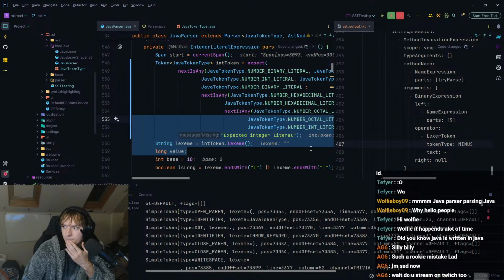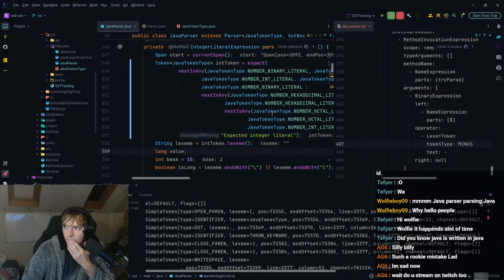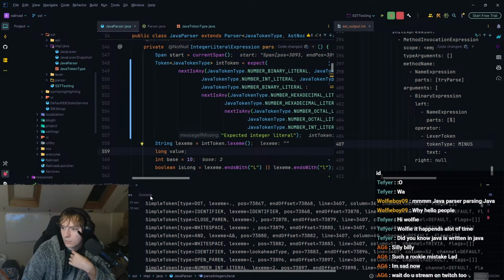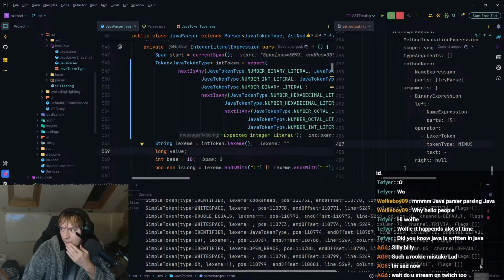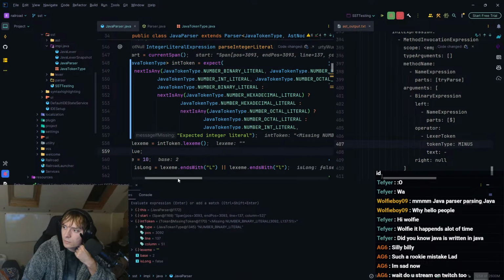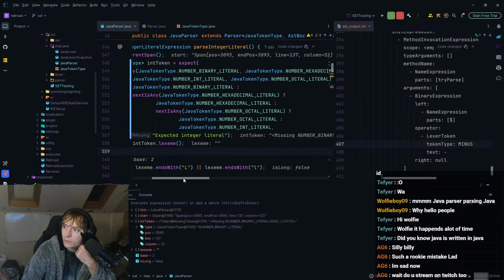Okay. So it's basically expected. What did it say? It's actually like expecting, because it did actually say, didn't it? A number binary literal. Next is any. Number binary.